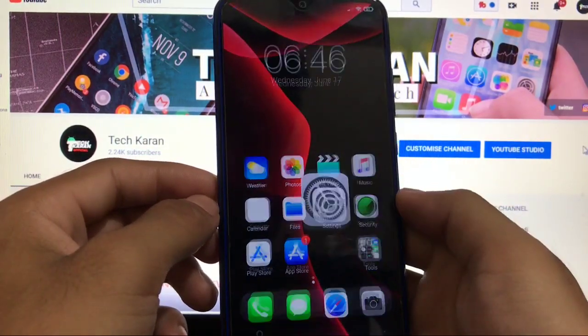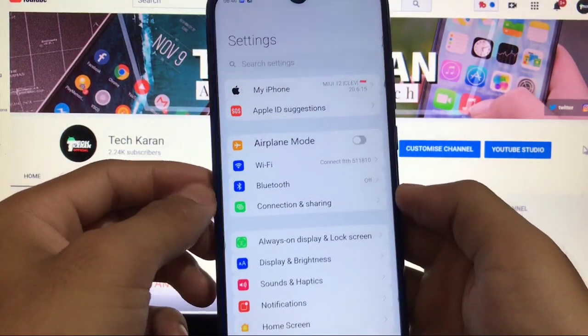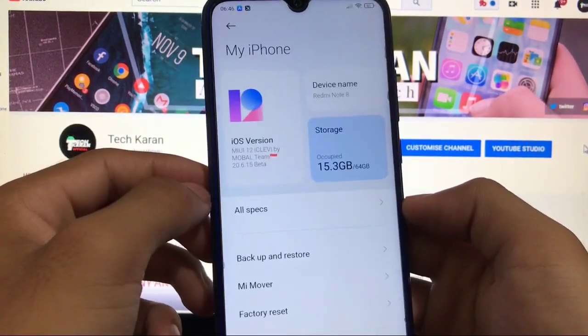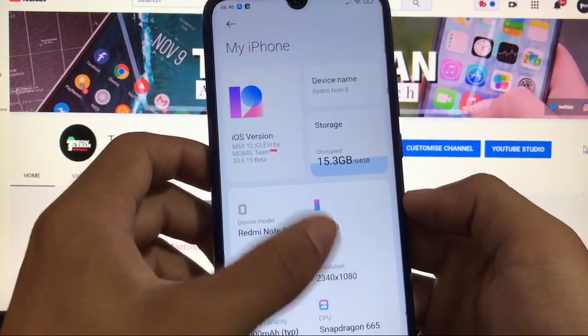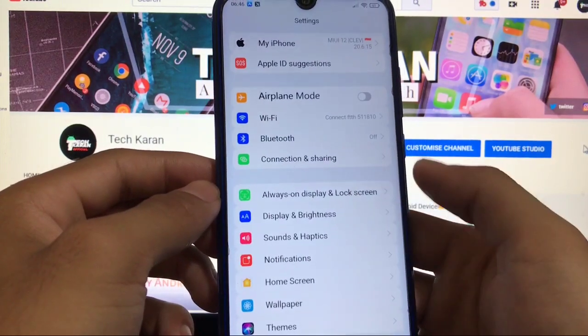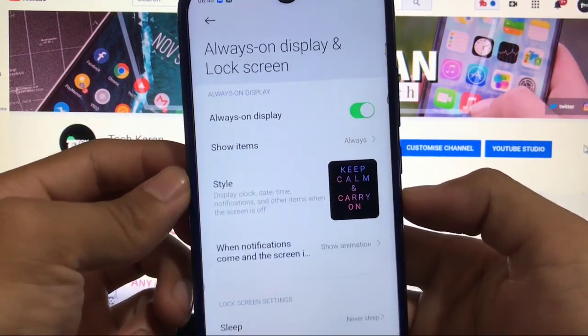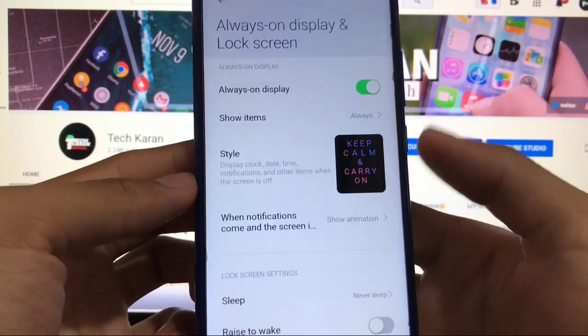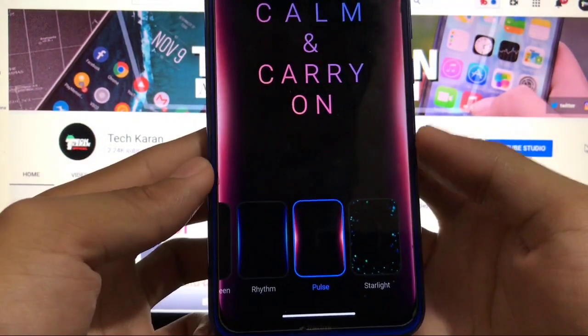Moving on to some other things, let's move on to settings. As you can see, I've already applied a theme which is looking like this, my iPhone, and you can see my iPhone iOS version. So as always, you also get the always on display option available here, which is not working as expected. You also get the notification animation.